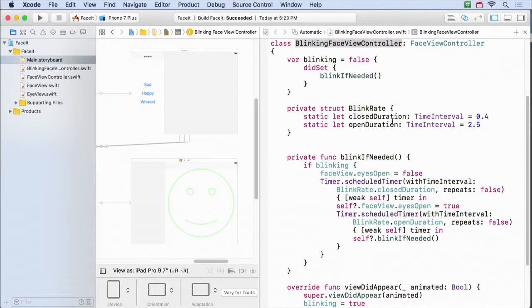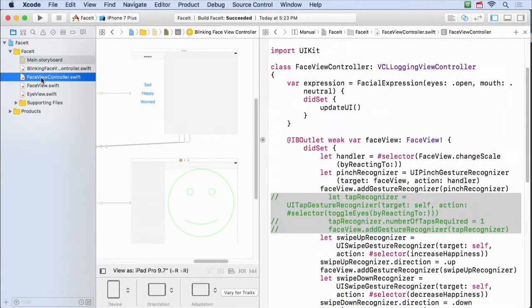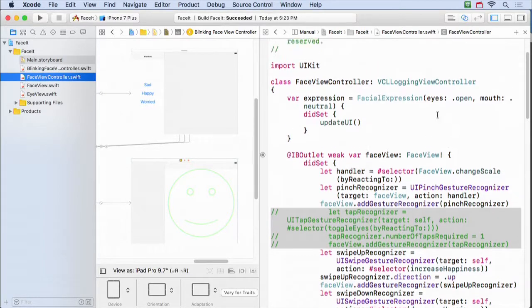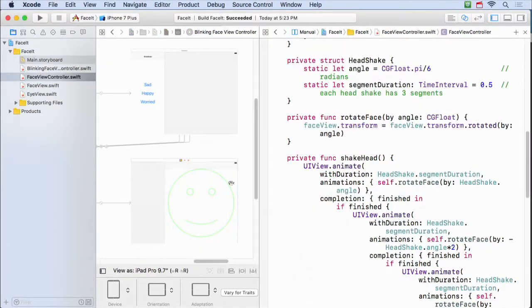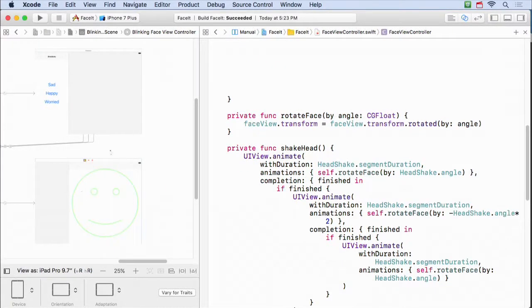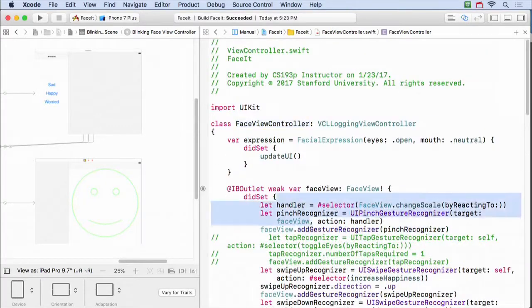So how can I get face view controller here, and am I allowed to hook up to the superclass? And the answer is you are allowed to hook it up, and the easiest way to do it is to hold down the Option key and click on it over here, because Option means open it up in the assistant editor. So now I have the face view controller here, and so now I could wire up a gesture to that. All right, so how do I wire up a gesture from my UI without typing code like all this stuff right here?